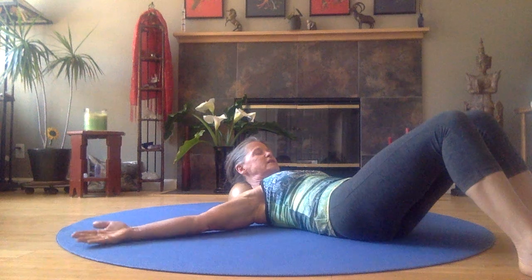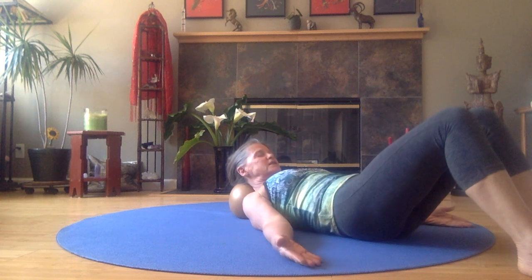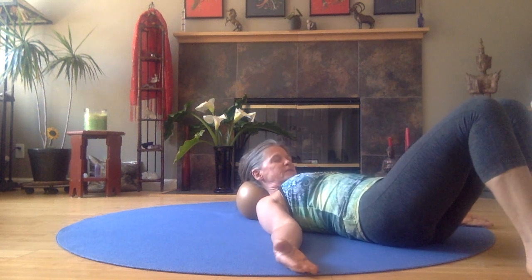Let go of the head. Let the ball support the back of the neck. The arms can come down to the side. Inhale, and as you exhale, one last roll forward towards your feet, taking the ball up underneath the back of the skull,